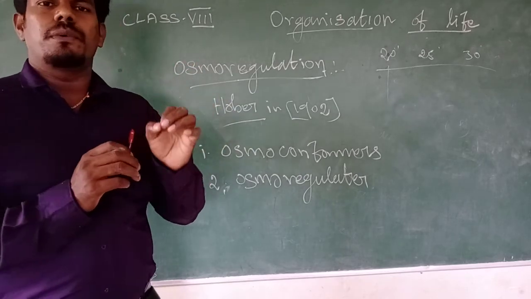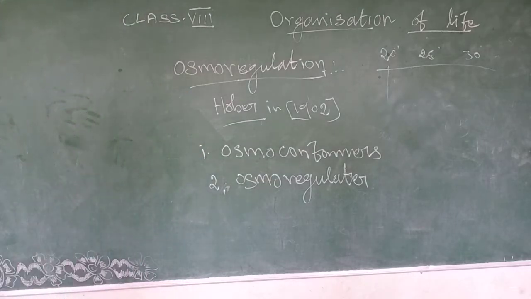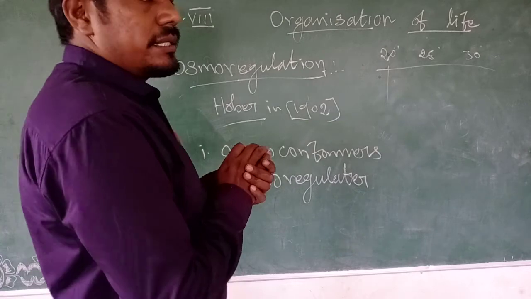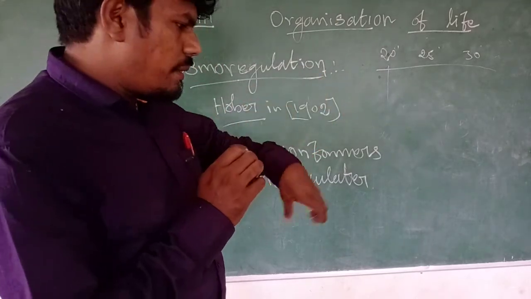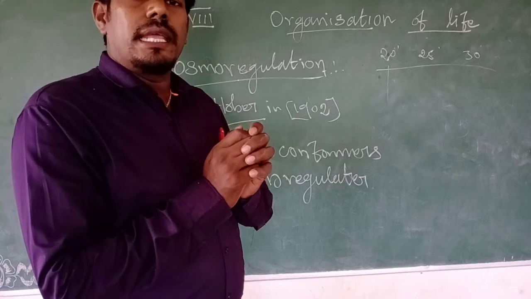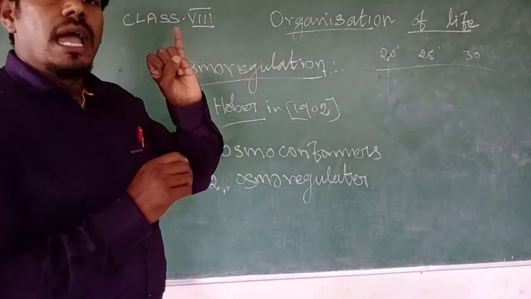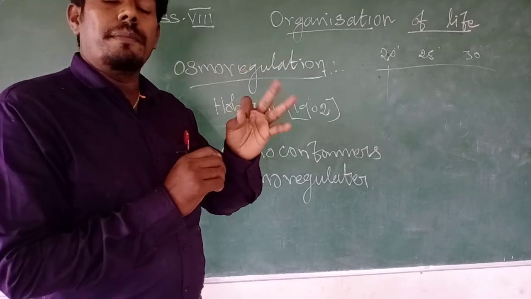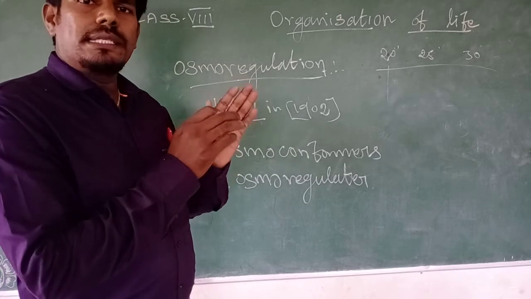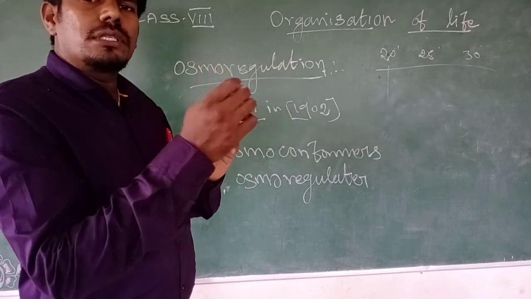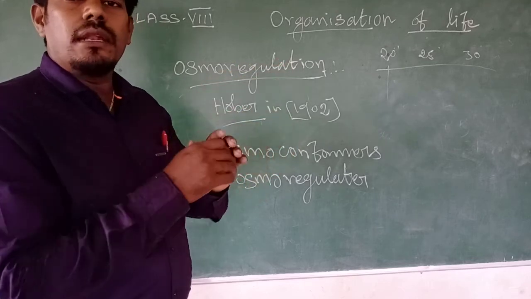Very simple: here they involve a semi-permeable membrane, and through that semi-permeable membrane the movement is from the lower concentration to the higher concentration. In osmosis, solutions are classified on the basis of the solute into three types: isotonic, hypotonic and hypertonic. Isotonic means both sides have the same concentration. Hypo means the inside has more concentration and the outside has less, and hyper means the inside has less concentration and the outside has more concentration.